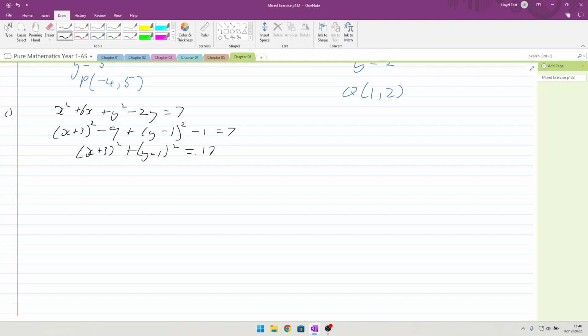So we find that there. So that gives us the point A is going to be minus 3, 1. Okay, and the radius is going to be equal to the square root of 17. Okay, so now that we've got that, we can do the points between